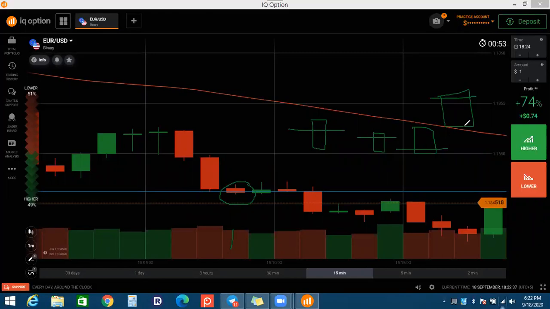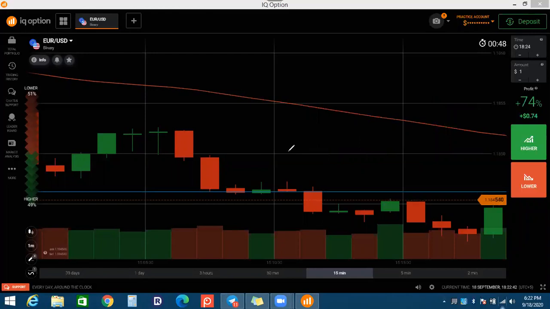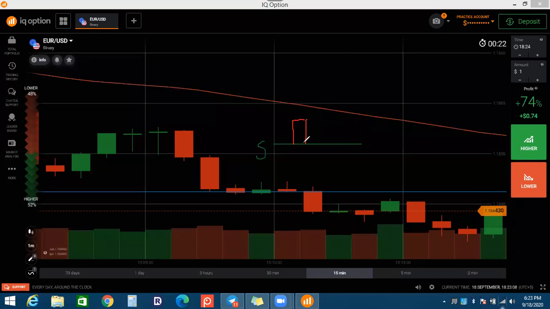So you know that when the level is broken, just understand this concept. There is a level. I can say this is a support level. When the sellers are coming to this level here, definitely this is a support level, a buyers' area. Buyers will enter in this candle. When buyers enter and sellers try to break the level, when the two volumes come together, it means volume will increase. Otherwise, if volume is not increasing, it means one party is not interested in entering this area.